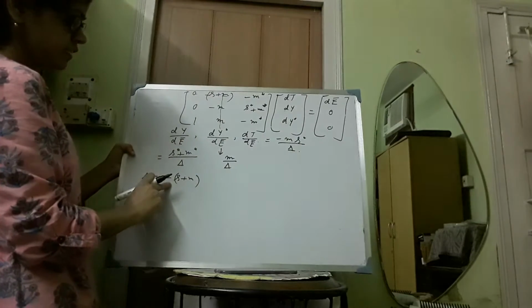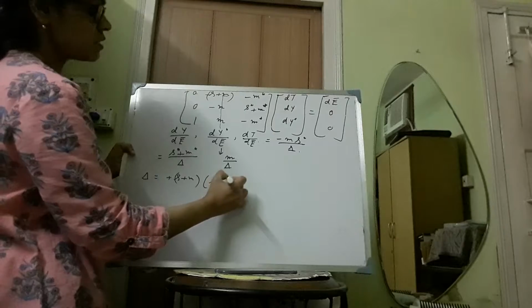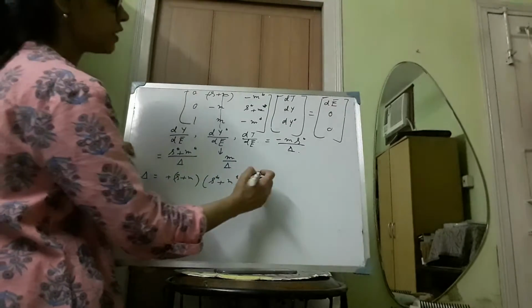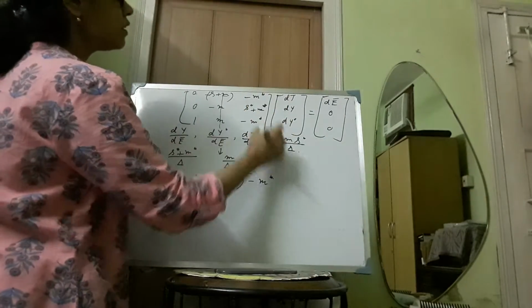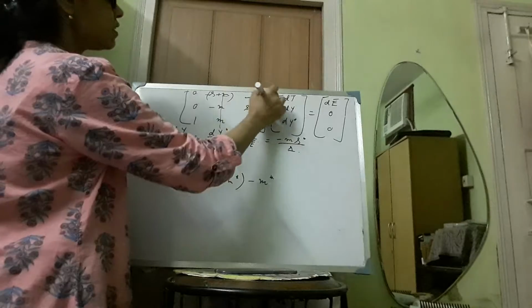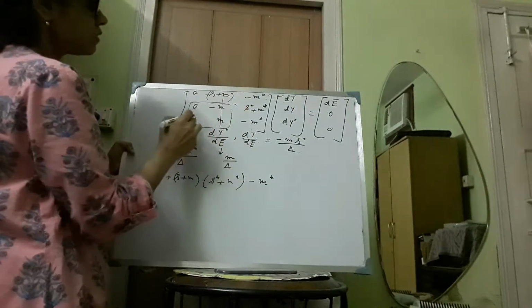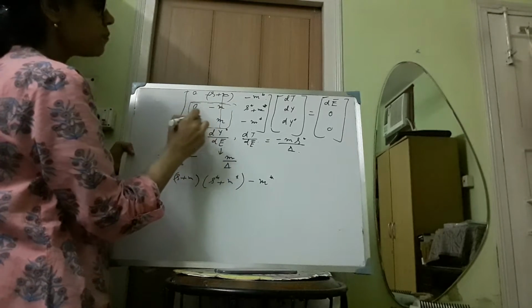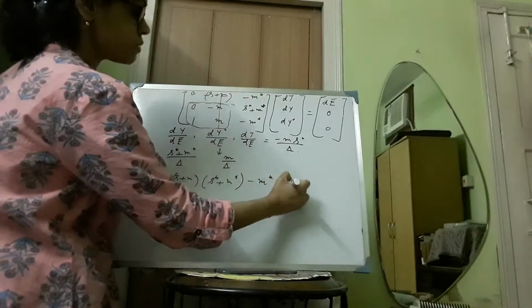Now there is already a negative sign here, so this will become (S + M) into (S* + M*). So (S + M) times (S* + M*) we will get, and then the next term is M* minus M*. Then we have to ignore this column and this row, and then we will get this subdeterminant, and by multiplying this we will get 0 into (M minus M), that is plus M. So we will get minus M* into M.